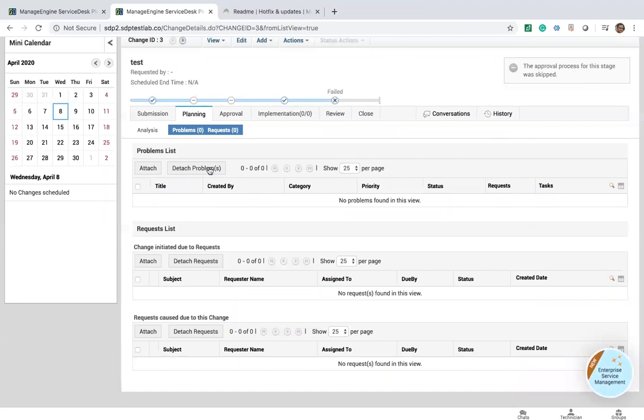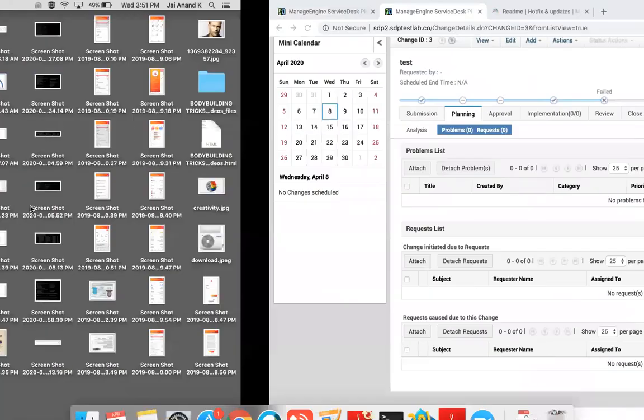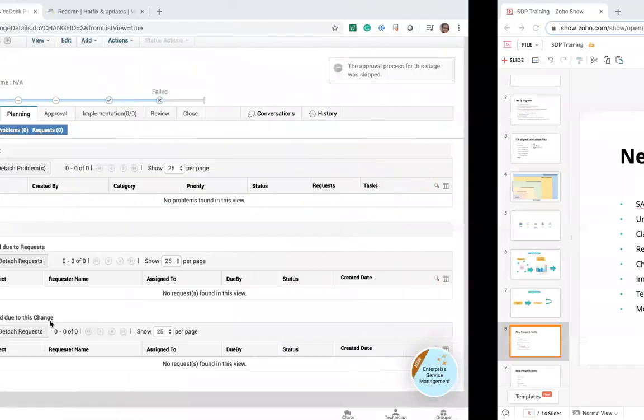Okay, so I hope I have covered most of the latest enhancements we have done in the request management as well. Okay, now let me go on to the next workflow